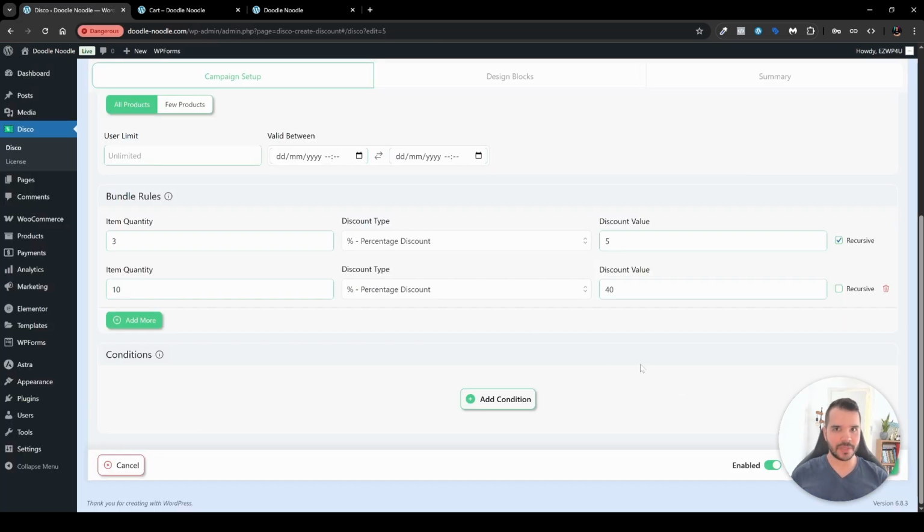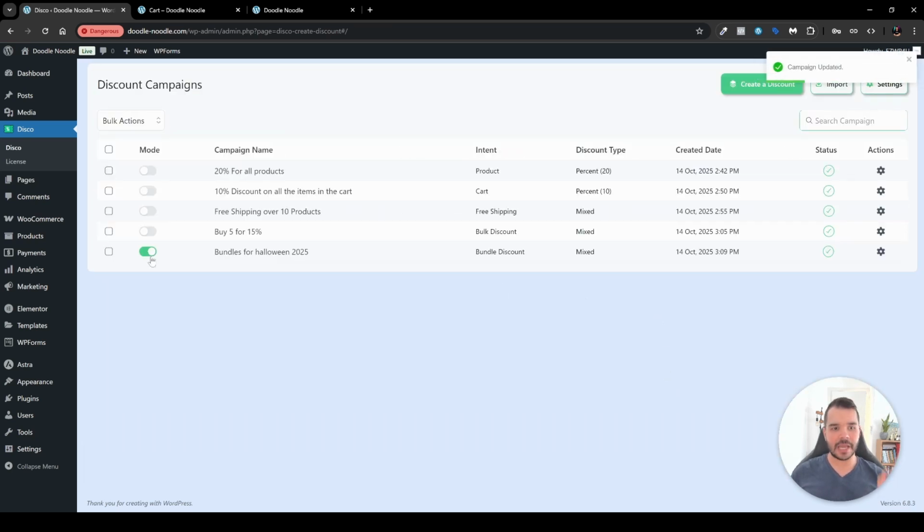Now, once you're happy with it, of course, as usual, head over, click update and exit, and there we go. Now, if I'm going to disable that, here I'm going to show you the buy one, get one discount, which is,